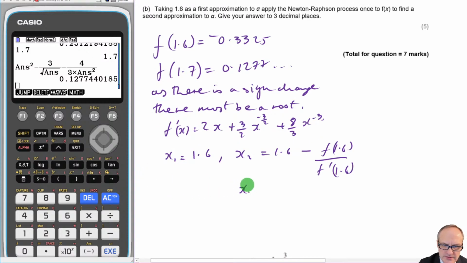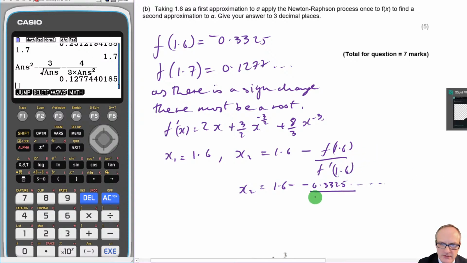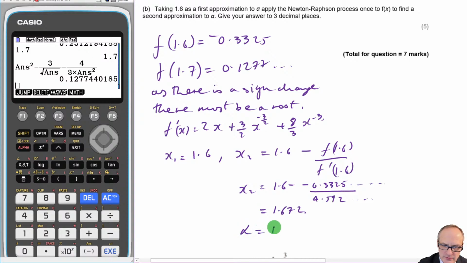So therefore x2 will equal 1.6 minus, when I did f of 1.6, actually we did it earlier, didn't we? Minus 0.3325, and all the other numbers. And then we put f dashed of 1.6. When I calculated that previously, I got 4.592, and so on. And calculate that all out, I get 1.672, and we've got to give our answer to 3 decimal places. So therefore, alpha will equal 1.67. Actually, I'll write the extra places in so you can see me rounding it, and we can see that gives me alpha equals